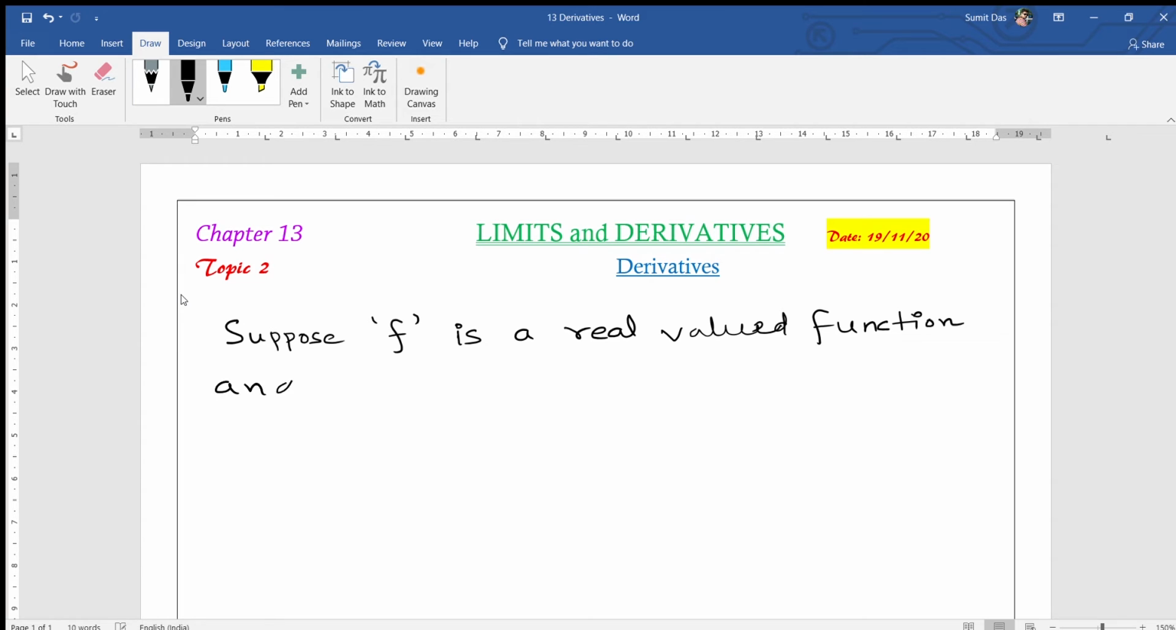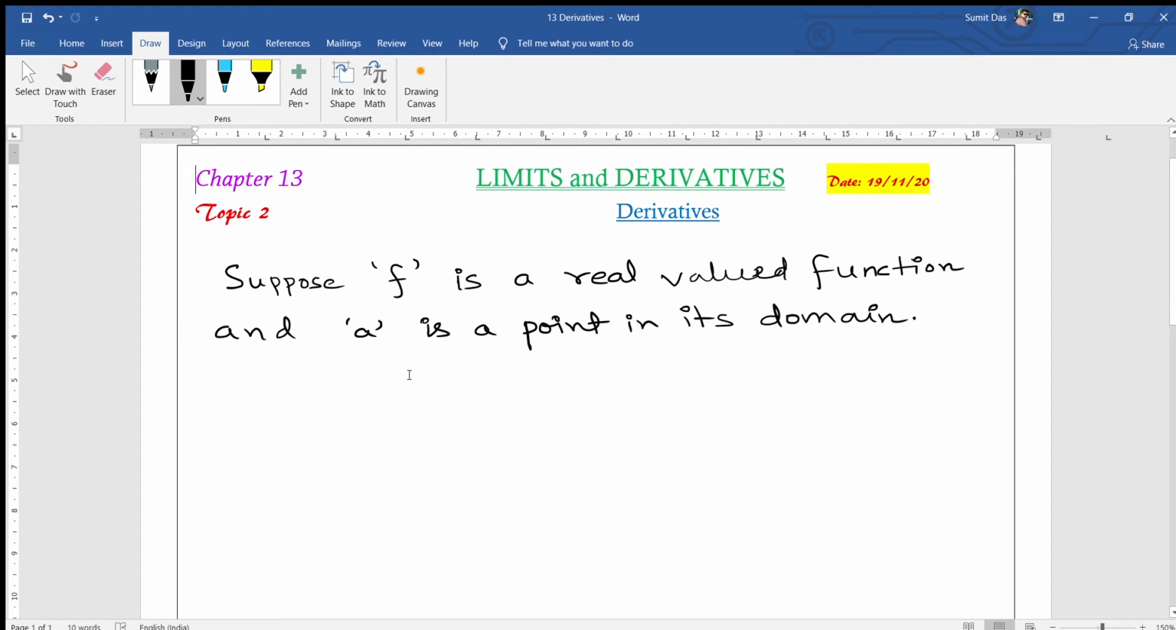And a is a point. The two things given are: one, f is a real valued function, and two, a is a point in its domain. So what is domain, what is function, we will discuss in chapter 2, okay, not now. Just remember that f is a real valued function and a is any point. Like in your class 11 syllabus, all f is a real valued function, so no need to worry about that. If f is a real valued function and a is a point in its domain, then it's saying